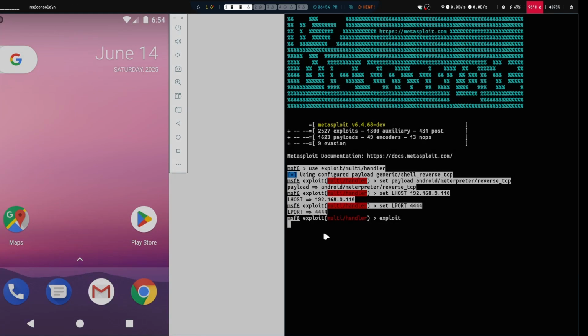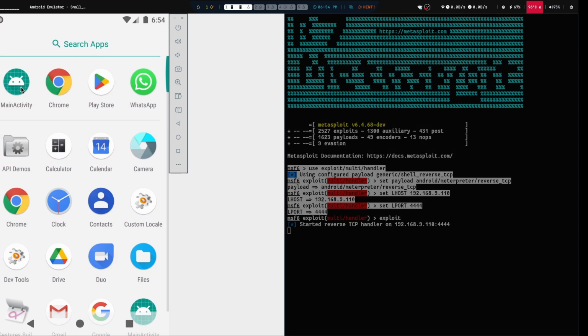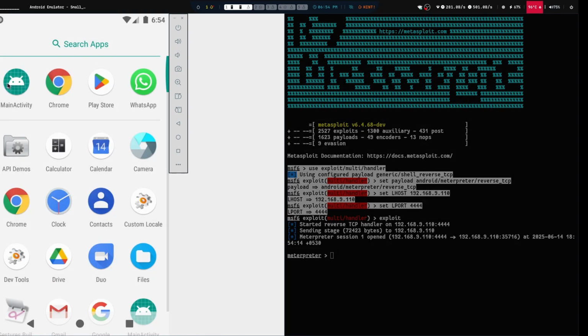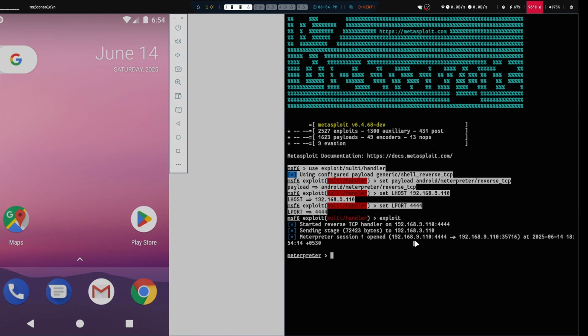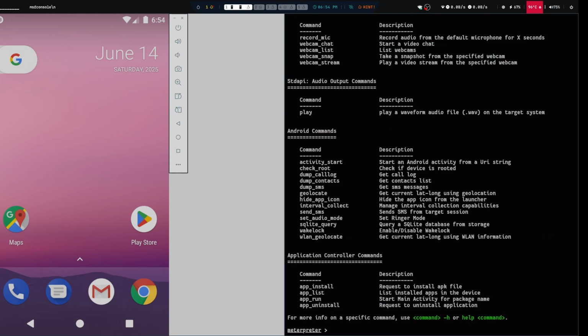As you can see, I have exploited. So the user is gonna just open this app. Okay. As you can see, I have entered that phone. If I open this APK, it is not gonna open. So the target may think it's a glitch or bug, but that's not the case. We have the access. So I'm gonna show you some really interesting commands.